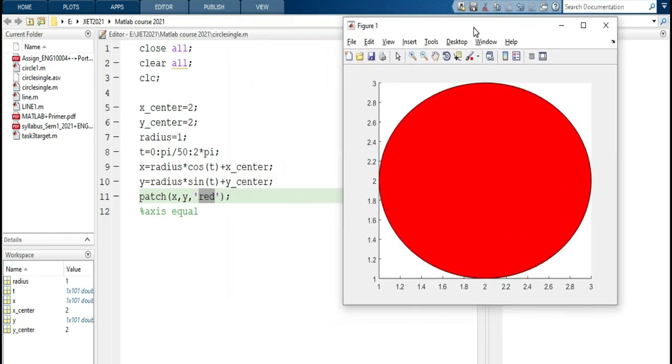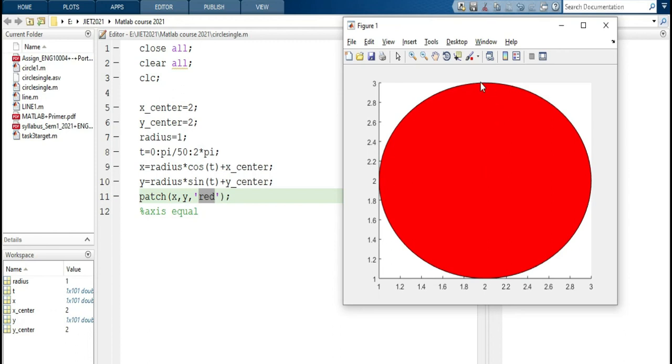After running this program, you can see the center value is 2 comma 2, and t goes from 0 to 2 pi, and the center is 2 comma 2 with a radius of 1. With the center at 2, it will go to a maximum value of 3.